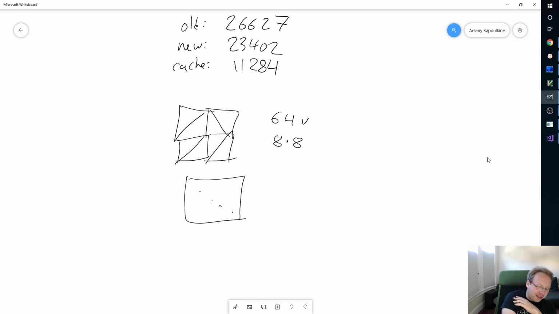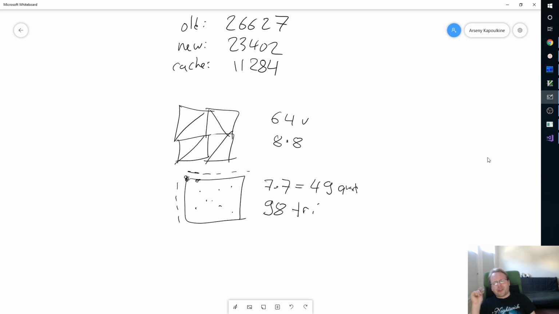There are a lot of triangles here, right? 8x8 vertices means that there are 7 segments here, and 7 segments here. So in total, there are 7 times 7, 49 quads, which ends up being like 98 triangles,